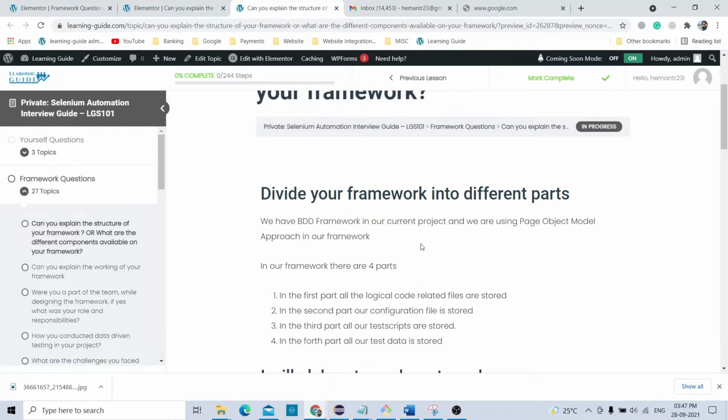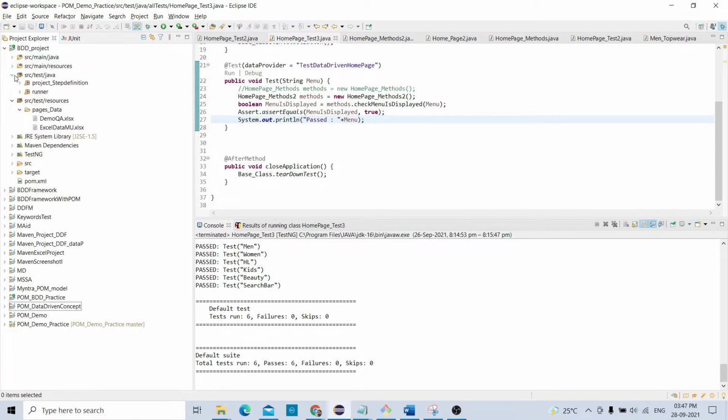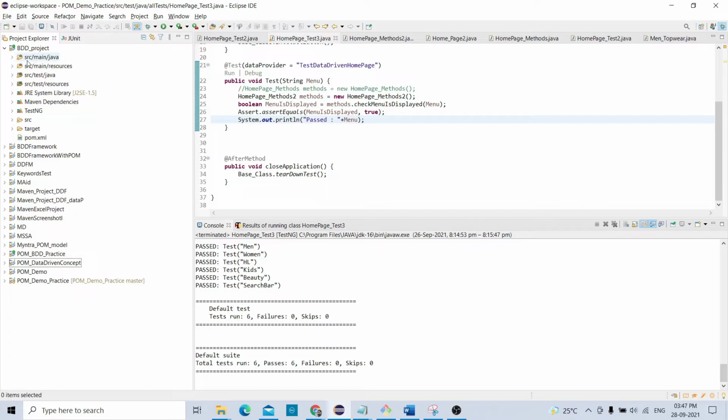Now divide your framework into different parts. Now I will show you. This is my project, a BDD project, and my framework will be divided into 4 different parts, and those are src main Java, src main resources, src test Java, and src test resources.